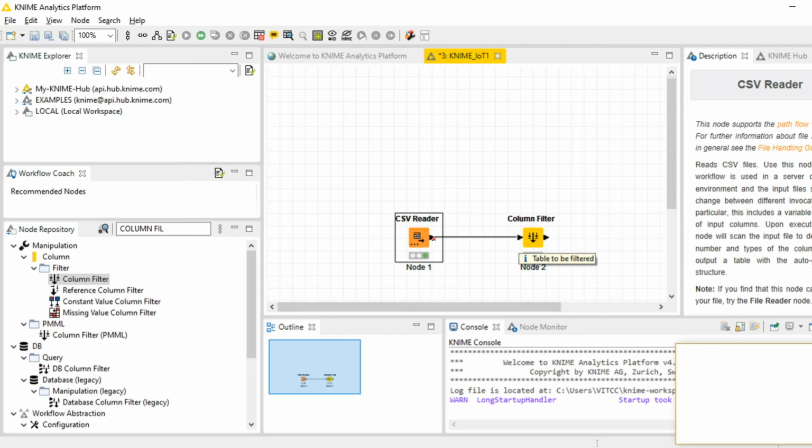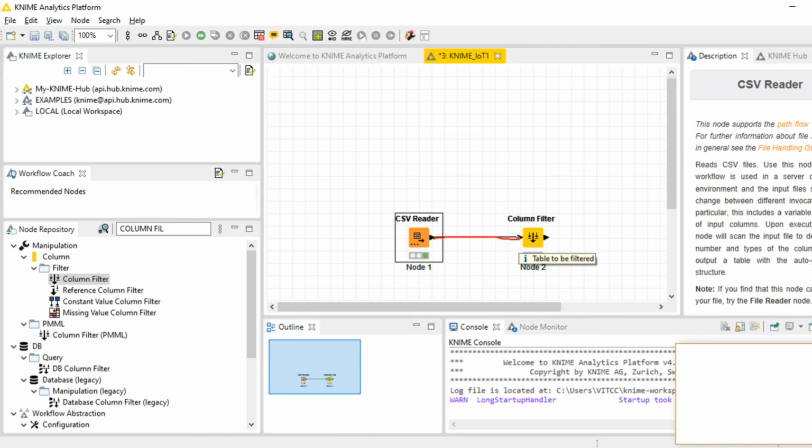As with the node reader, you just click this output node and drag your mouse, and automatically a wire will pop out. You just click your output node so that the output node of your CSV file gets connected with the input node of the column filter. Like this, it's very easy. Drag and drop and connecting your wires is very easy in this platform. So once this is done,